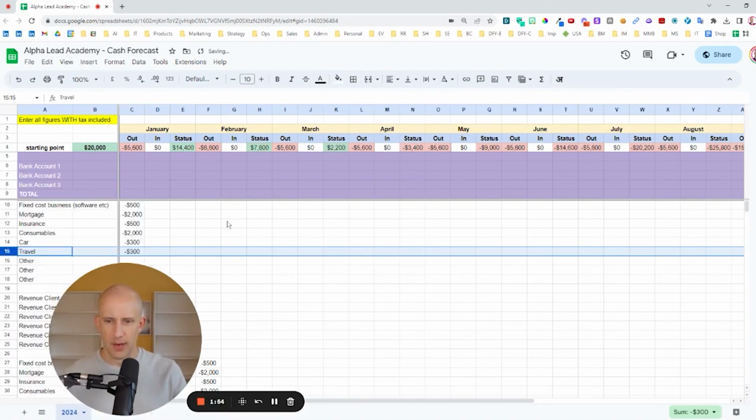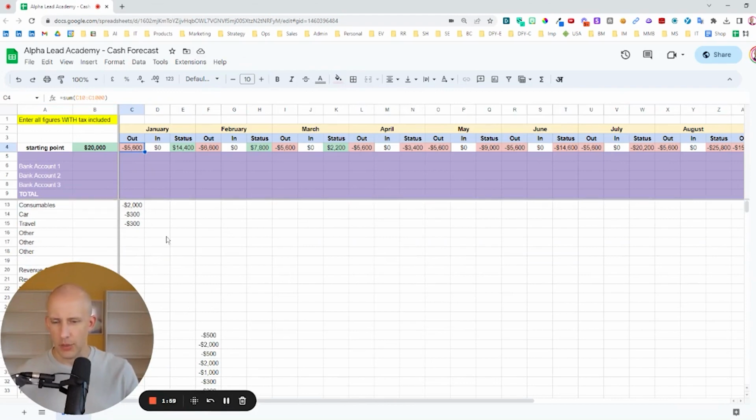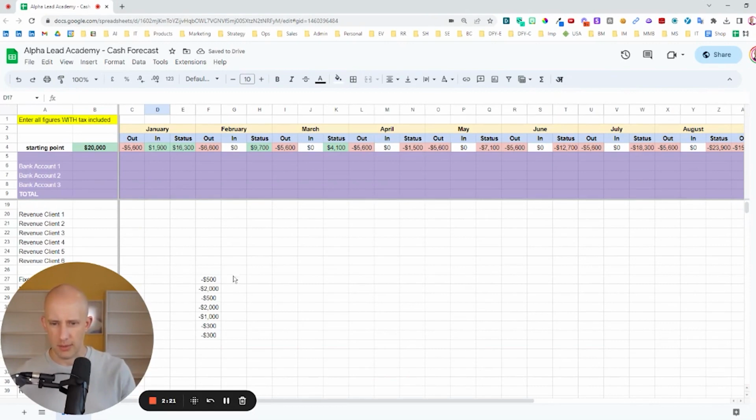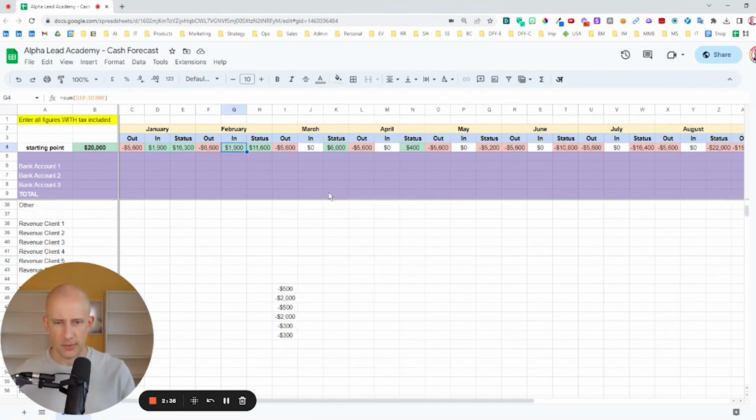It's not as relevant. And so here we are in January. You can see we have out 5,600. We don't have anything in. And so let's say at the beginning of January, you sign a new client, and they will pay you $2,000 a month. But of course you have Stripe fees. So you just don't put in 2,000. You just put in, let's say 1,900. And you then project that out. This is from January. And let's say that you have a 3-month minimum retainer. So you go client 1. You're going to go here 1,900 and you see suddenly this has now changed. This is 1,900 in, 1,900 in.